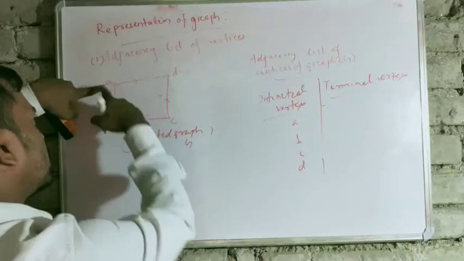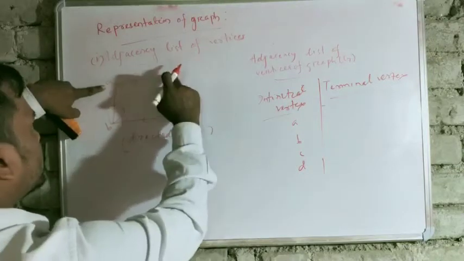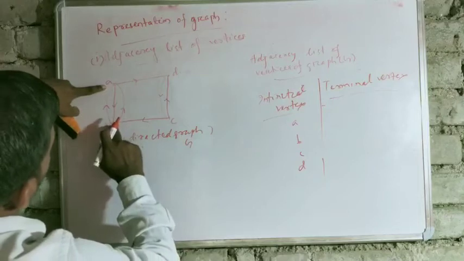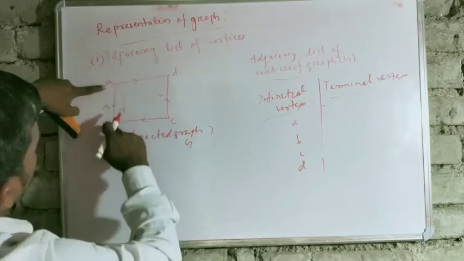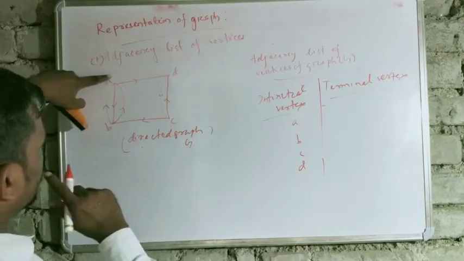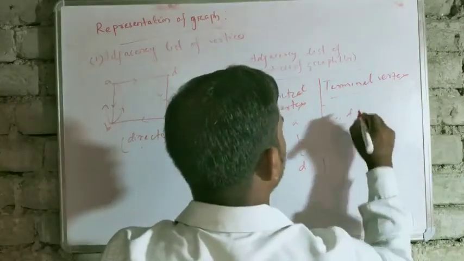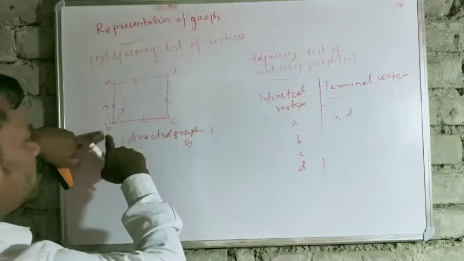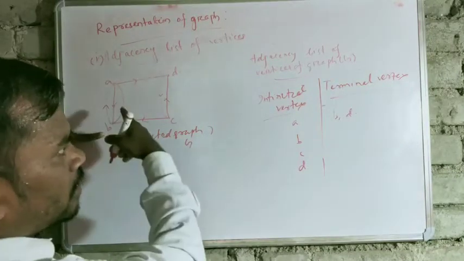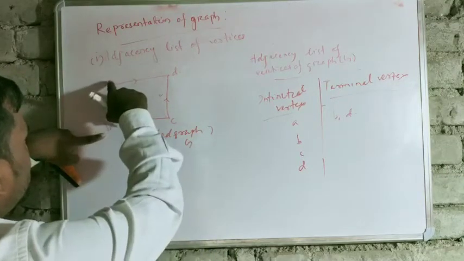Now you can find if A is an initial vertex, then what will be its terminal vertex? Suppose this is A, and what is its terminal vertex? D can be a terminal vertex. Similarly B can also be a terminal vertex. So this is D and B, that is B comma D. Similarly for vertex B, what are the terminal vertices? Here the terminal vertex is, one is A,